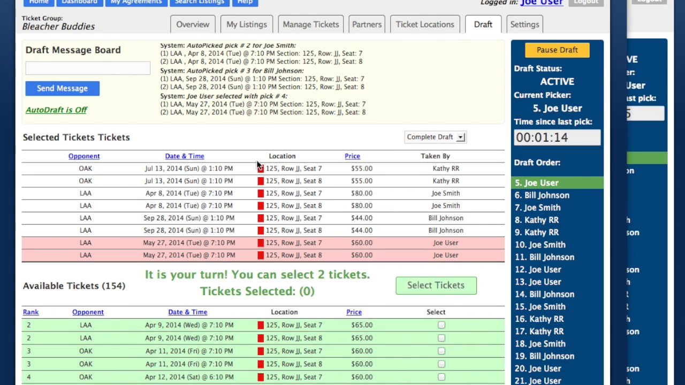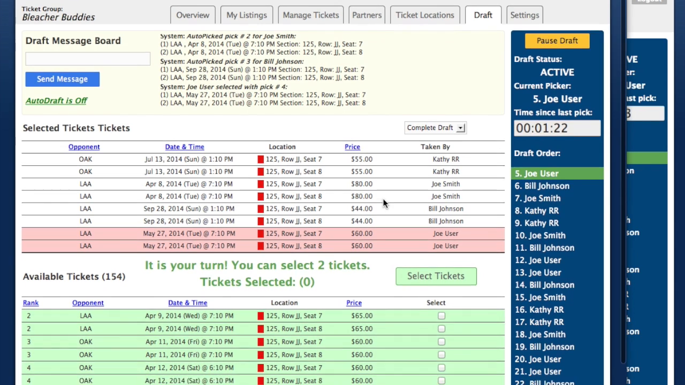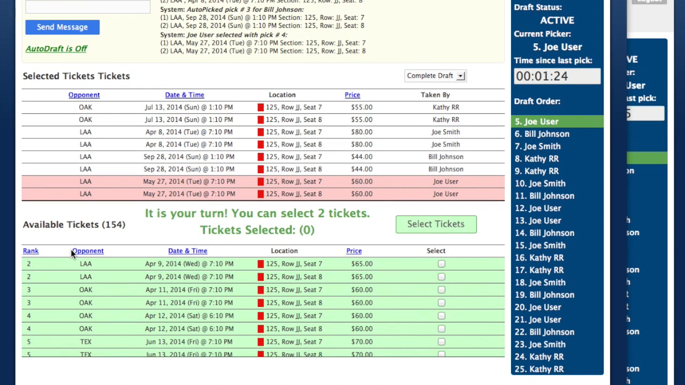Since this draft order was set using a snake draft, I picked last in the first round, so that means I picked first in the second round. So we'll go here, and maybe I want to sort by date and time and select a game at the end of the season. So I'll go ahead and take these two,